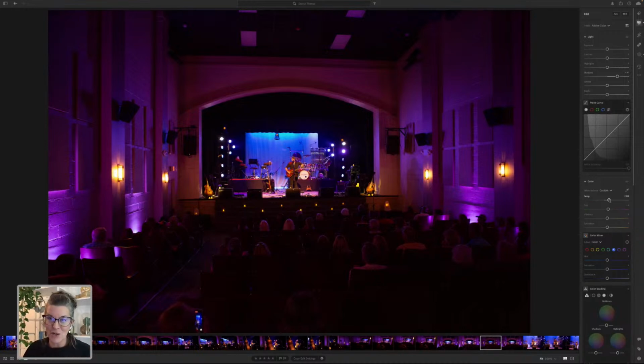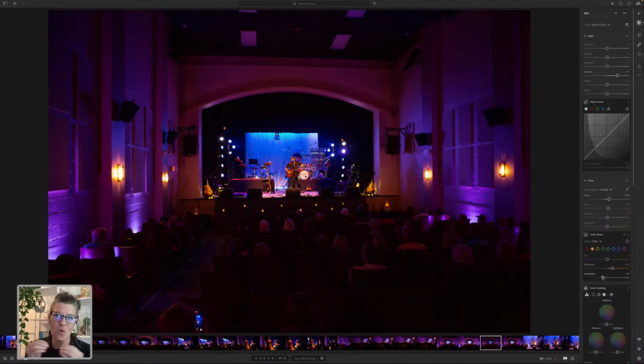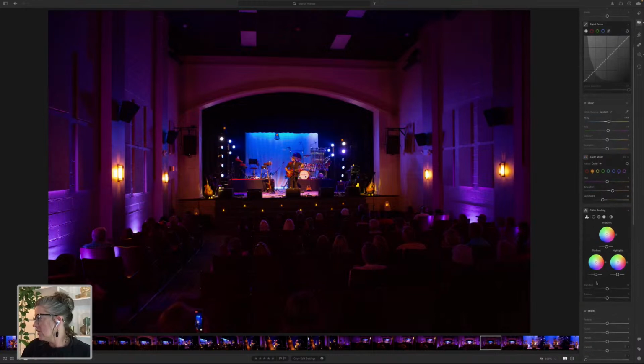Now, the lighting person is in charge of making sure that all these lights are harmonious. However, you and I with Lightroom can definitely play around with what that's going to look like, right? So that means that I can go into my purples and I can definitely change the hues of these if I want it to be a little bit different. I can go into my split toning, which is also really nice. All right, so I'm going to go into my oranges here. I'm actually thinking I'm going to have my oranges be a little bit more orangey, because I love how orange and purple plays well together. And then from there, I'm going to add a little bit more